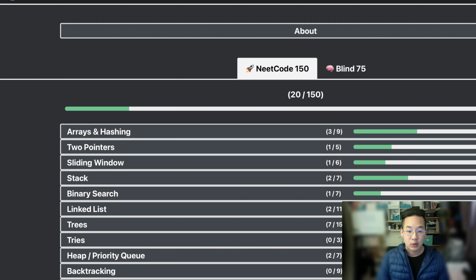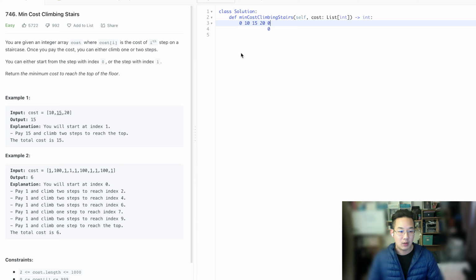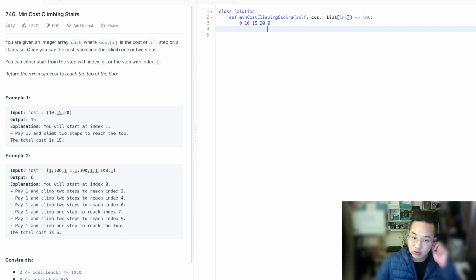Hello there. Today we'll be doing number 21 of Neetcode150. We will be doing the dynamic programming question called min-cost climbing stairs. It is a variation of the climbing stairs problem. In this problem, we are given a list of costs, how much it will cost us to take a step at a certain step,